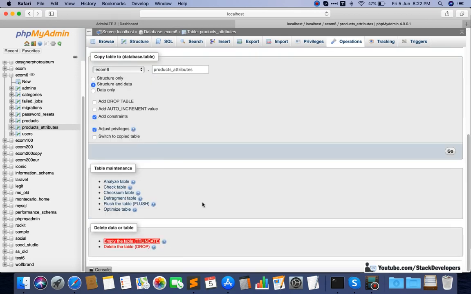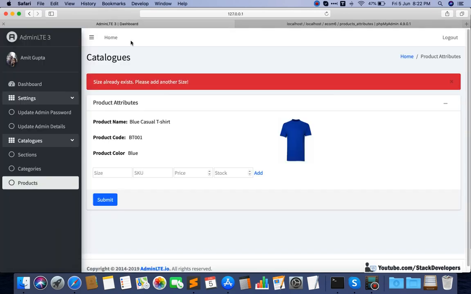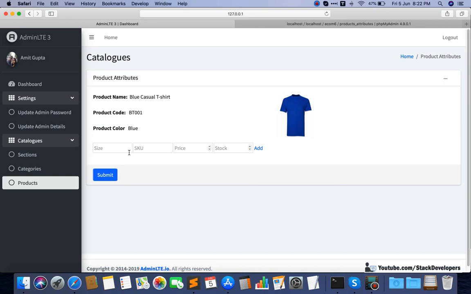So this time I will add the correct data. I'm going to refresh this one and add BTS01S, SKU small, and the price.